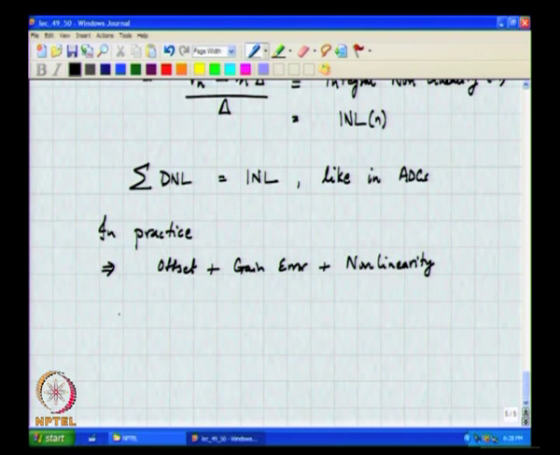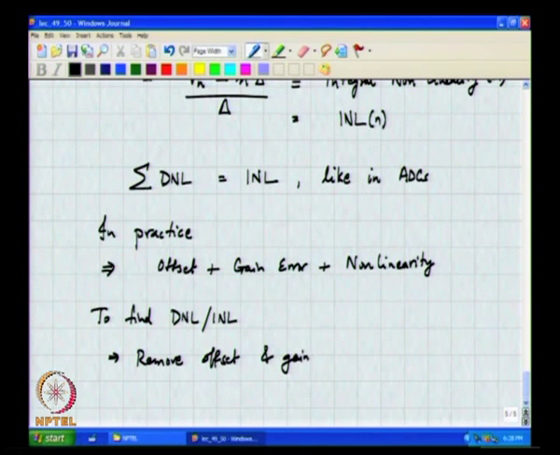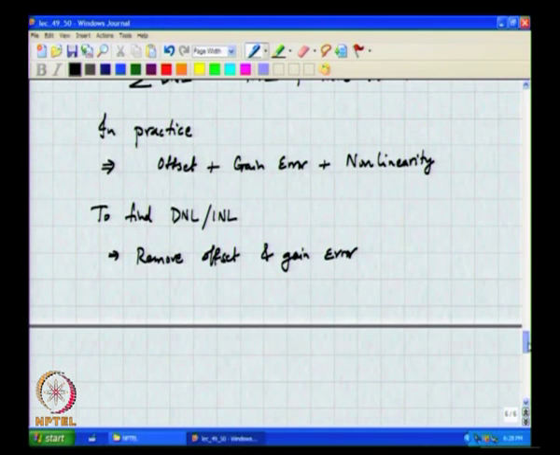So, the way of finding DNL and INL is first remove offset and gain error, and then so by best fit, for example,